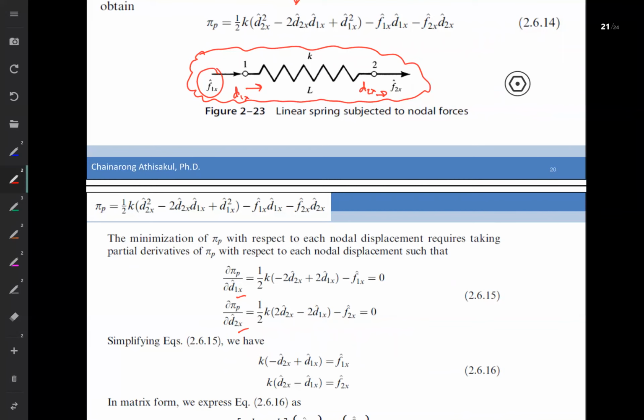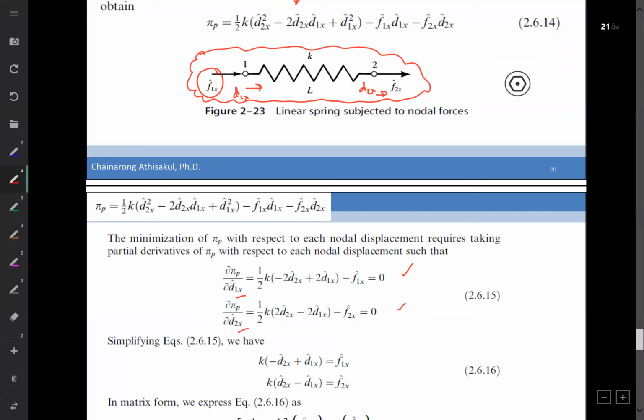We see that we obtain two equations, right? First, we take the first derivative of pi with respect to d1, we obtain this equation. And then we take the first derivative of pi with respect to d2,